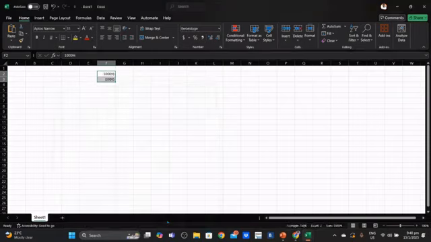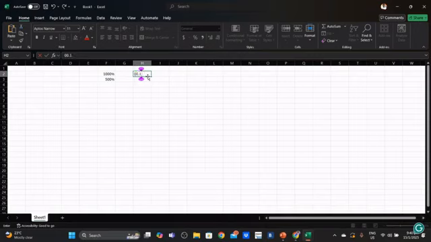This is how it will reflect. So you won't be seeing 10%, rather you'll be seeing 1000% and 500%. So if you want to see that 10% and the 5% reflected, you have to insert this in the cell. So for the 10%, you have to go ahead and type